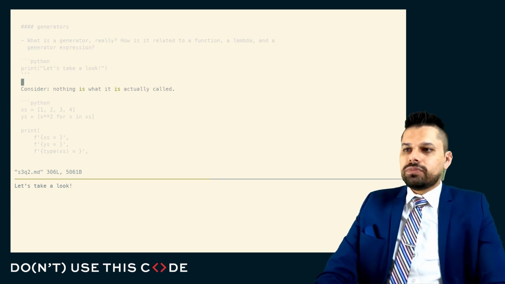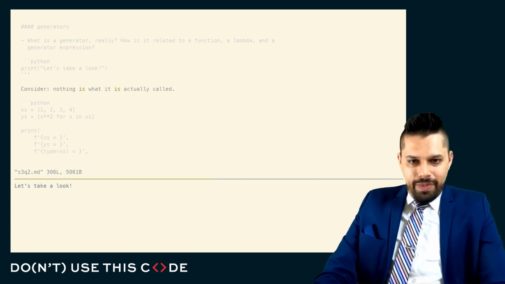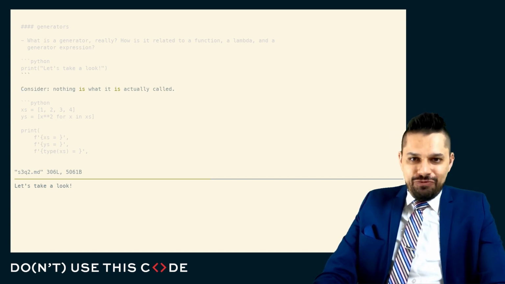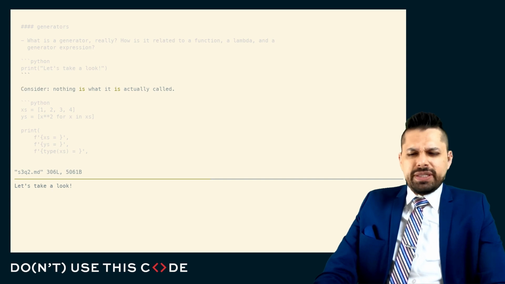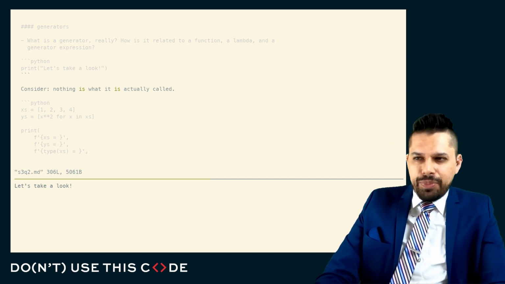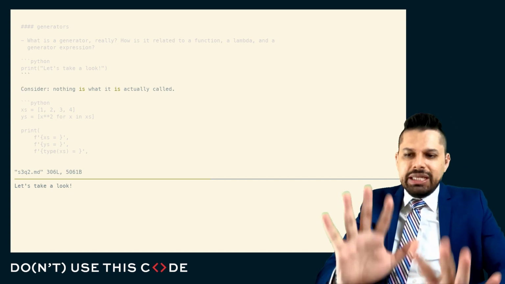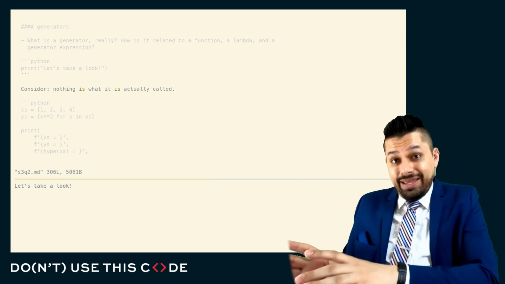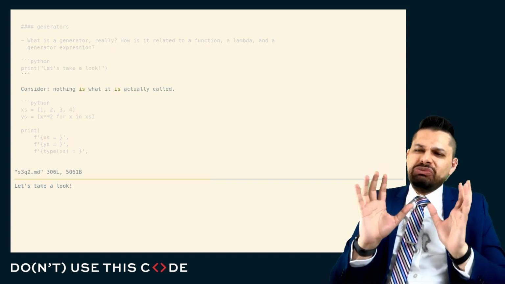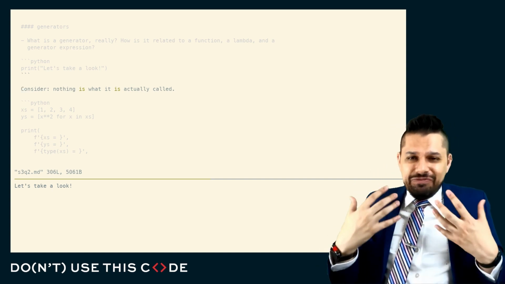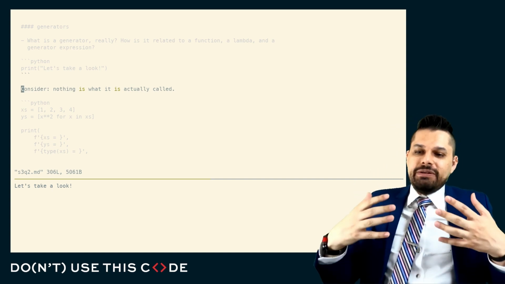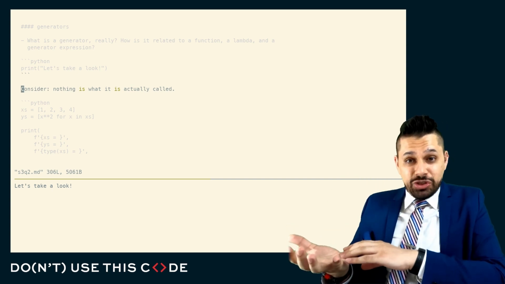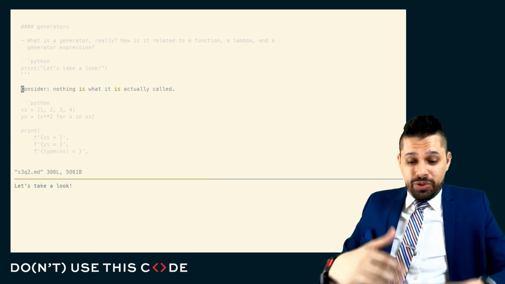Let's take a look. One important thing to remember when you look at Python is, irrespective of the confusion that I introduce around whether something is a coroutine with a lowercase c or a coroutine with an uppercase c, which is a completely made-up distinction that I made up just to reconcile how we used to talk about things in Python back in the day, and how we talk about things in Python now, fundamentally, a lot of things aren't really what they're called. There is a distinction, or at least there's a break between how we refer to certain things casually and what they actually are referred to by the Python interpreter.